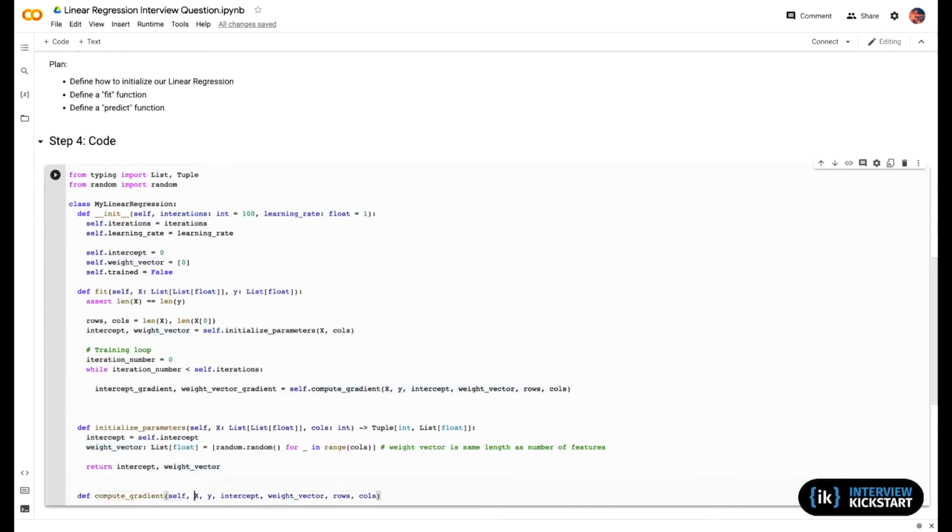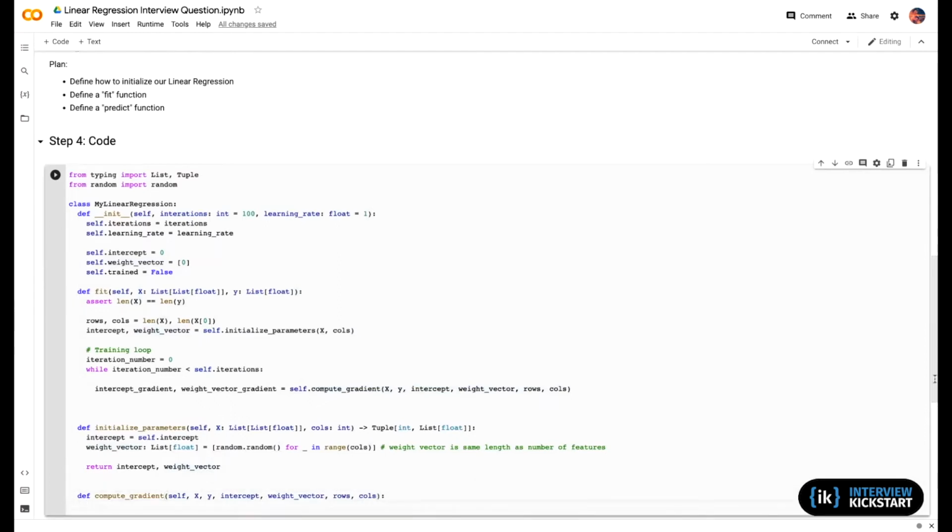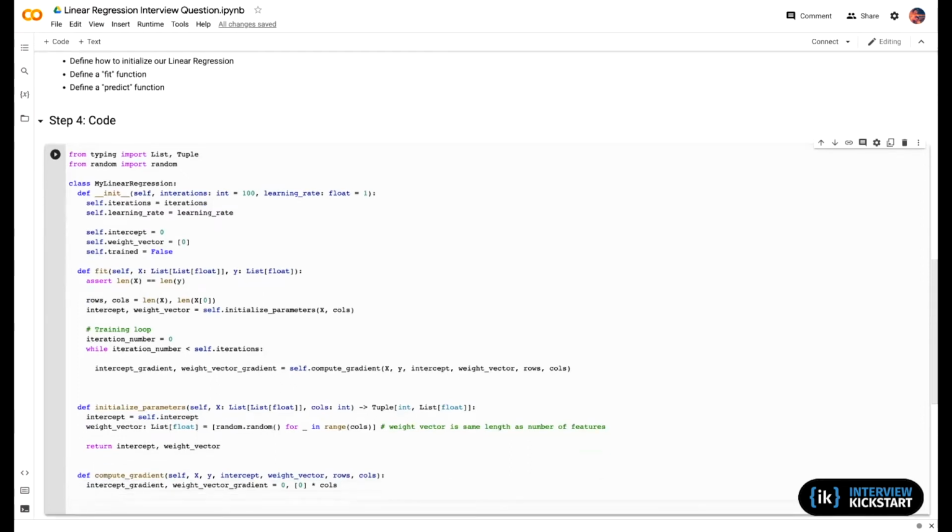Gradient, self. We already know what types these parameters are, so I'm not going to define it right now. Now we have compute gradient. We're going to initialize the intercept gradient and the weight vector gradient. Let's say the intercept gradient is 0, and the weight vector gradient is going to be 0 times the number of columns. Now we are going to, for i in range rows,